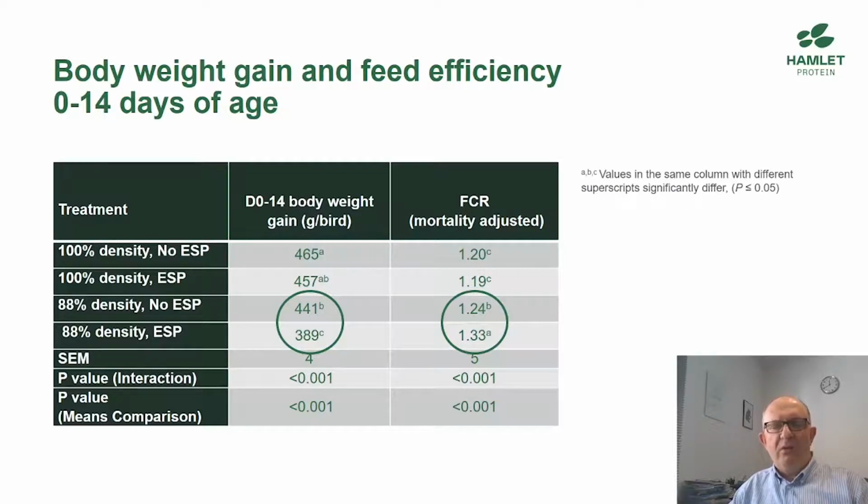We found out that there was a difference between this diet, T4 and T3, in the content of lysine. So T4 was about 10% lower in lysine than T3. So something must have happened during the manufacturing process, we don't know, which did not happen in the manufacturing process of T1 and T2, because these two diets did show similar content of lysine and the rest of amino